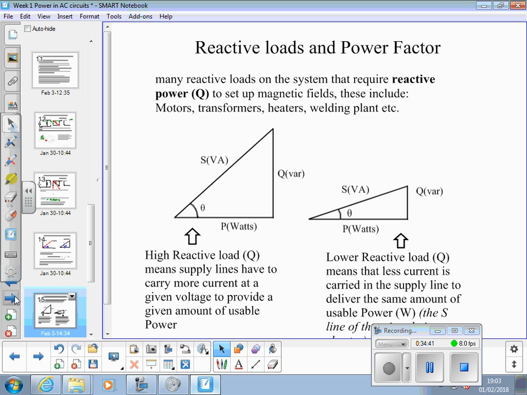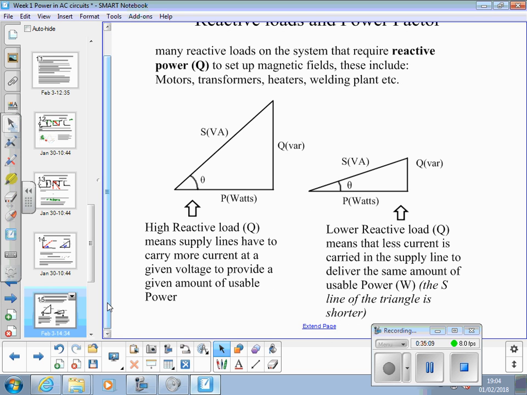High reactive load Q means that supply lines have to carry more current at a given voltage to provide a given amount of usable power. So that's the situation on the left there, where reactive load means that this